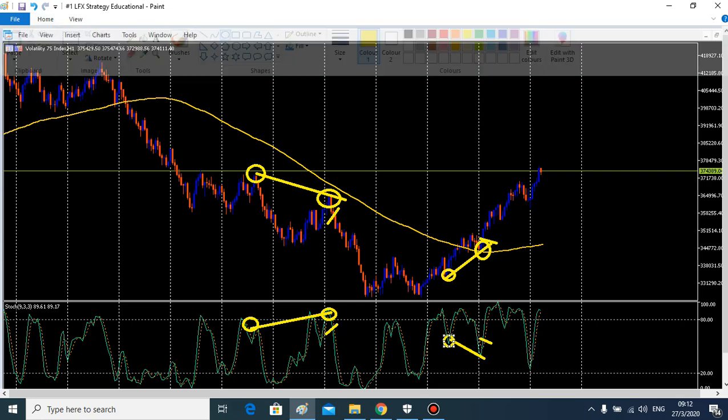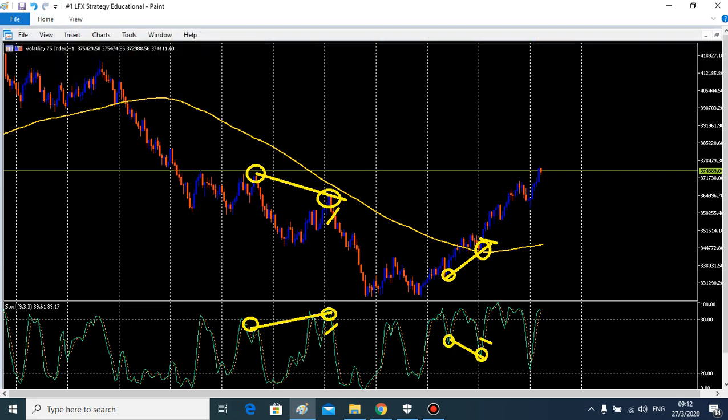So all you need to do is to check on your chart first of all. Then after your chart, you go to your oscillator. You see, you identify, you wait for the confirmation. But one thing before we go on, one thing that I will need to caution you on: